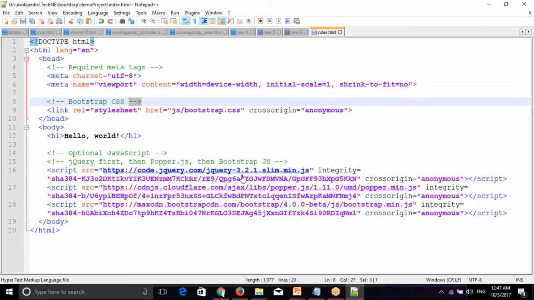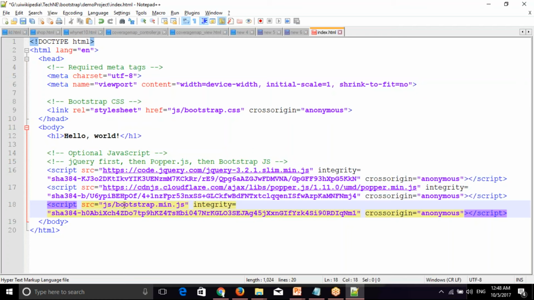Next one, Bootstrap recommends using popper.js also, which is better for our application, because in Bootstrap 4 they have introduced some new components from the JavaScript point of view. If you want to use those in a proper way, better to use popper.js.